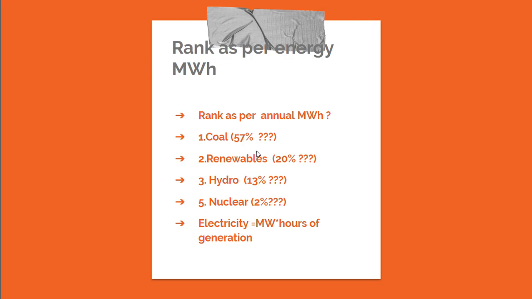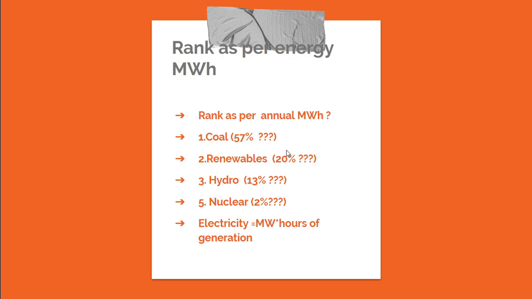this renewables, because of the inherent property of renewables, that it has a time limit when this energy is available. For example, solar is available only for few hours a day, whereas there is no intrinsic limit in these fossil fuel based power plants. So you'll find that the energy from the coal based power plant would be greater than 57%. So this question mark would be replaced by a number which would be significantly greater than 57%, whereas though the installed capacity of renewables is 20%, in terms of energy, if you look at the numbers,